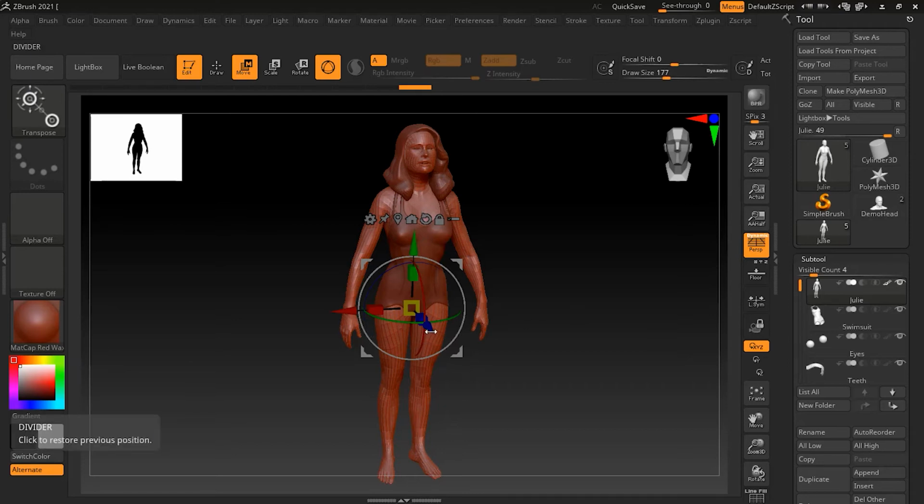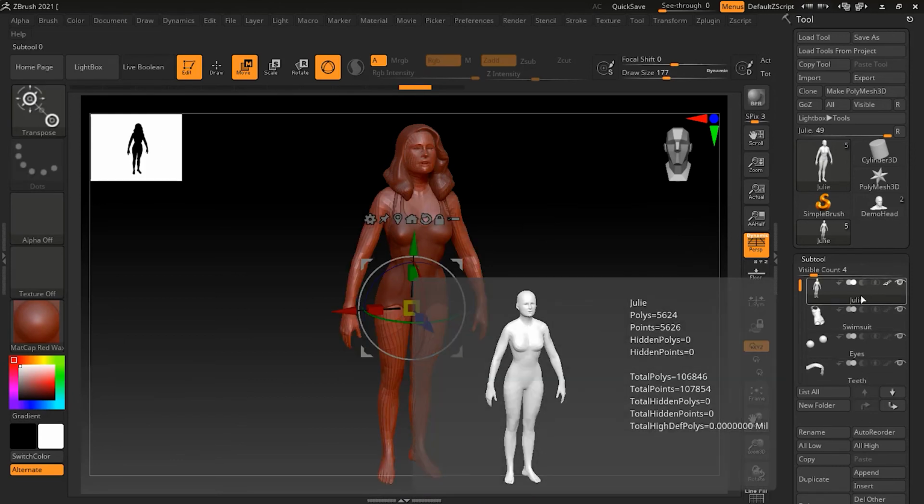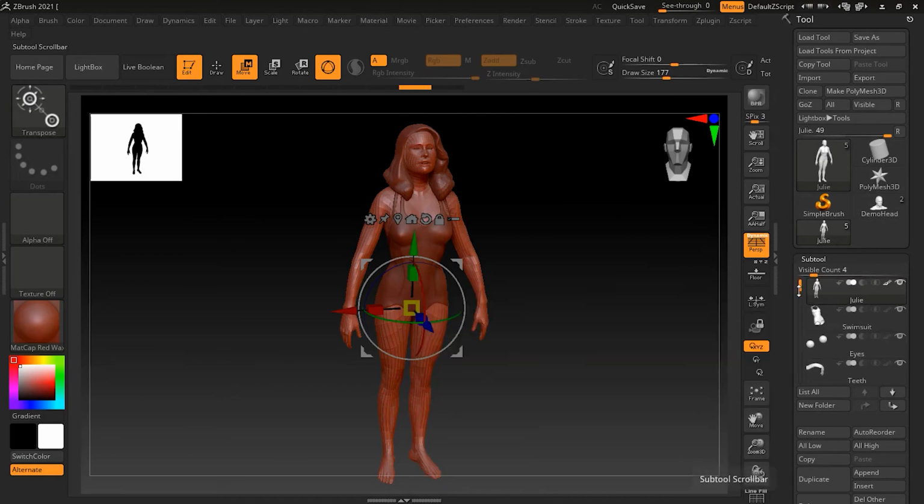Now, as you have noticed, when I'm moving, it is only moving one layer, meaning one subtool. It's moving the Julie subtool. It's not moving the other subtools, like the swimsuit subtool, eye subtool, teeth subtool, and hair subtool, because I have some other subtools as well over here. So to move all the subtools together, if you see, there is this small icon over here. If I click on this icon,